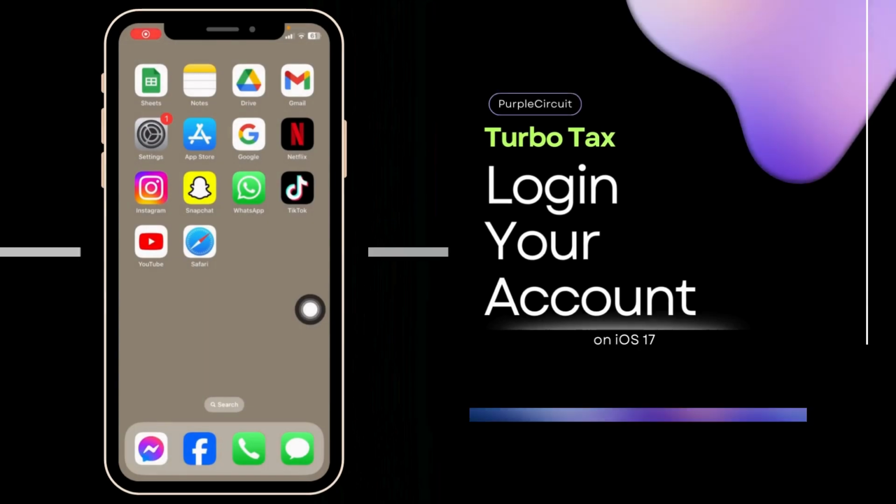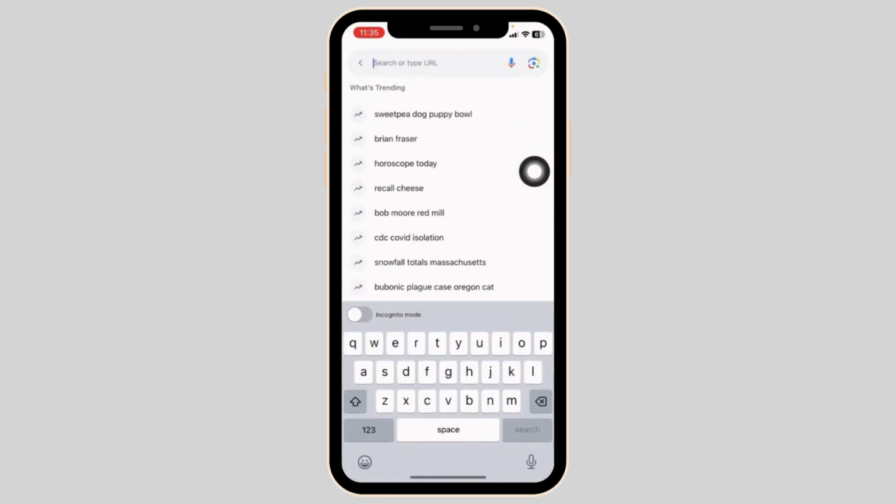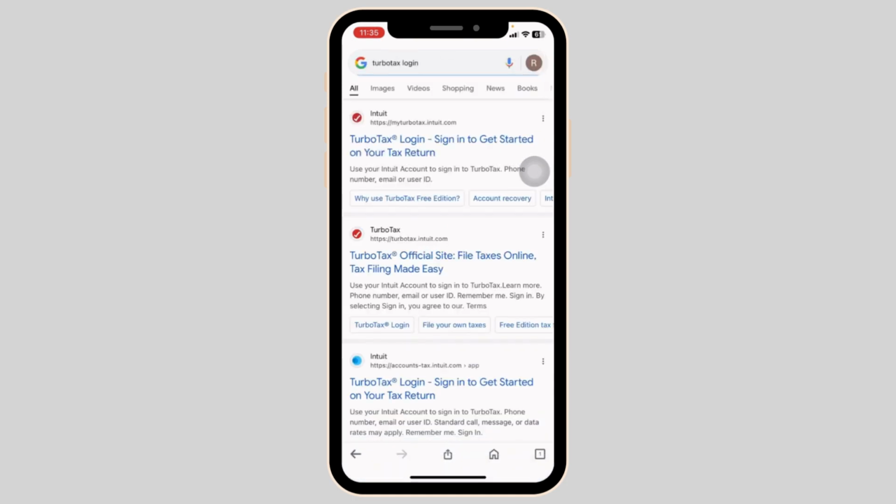How to log in into TurboTax account. Let's get started. Launch your preferred browser. Now type in TurboTax login and search for it. With that, different website links will appear. Go ahead and click on the very first one website option,